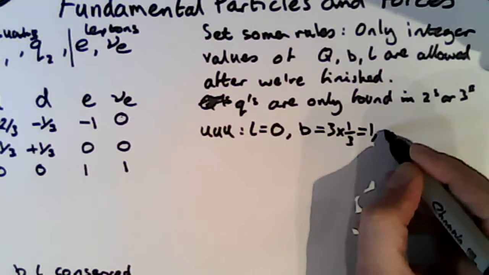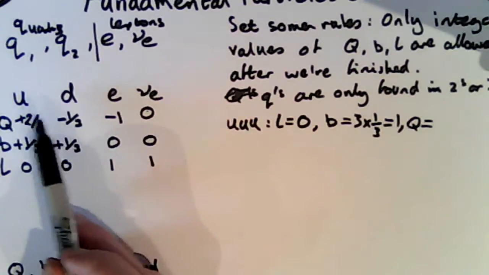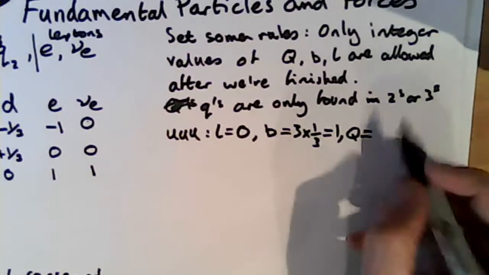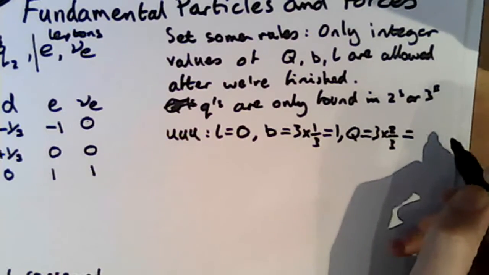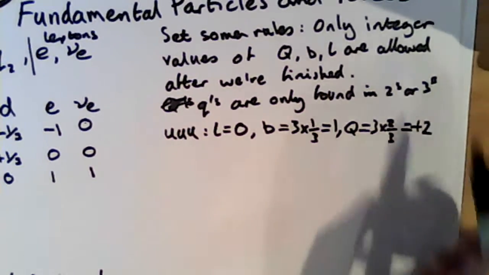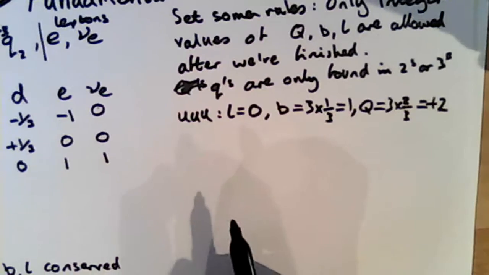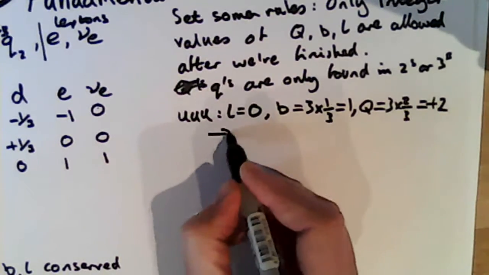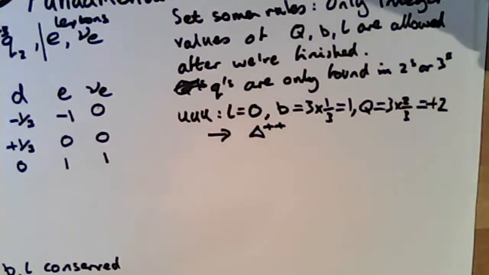What about the charge? Well, the charge on 1 up quark is 2/3, so the charge on 3 up quarks equals plus 2. That's an integer value. That's fine. And indeed, what we've just built for ourselves here is known as a delta double plus,